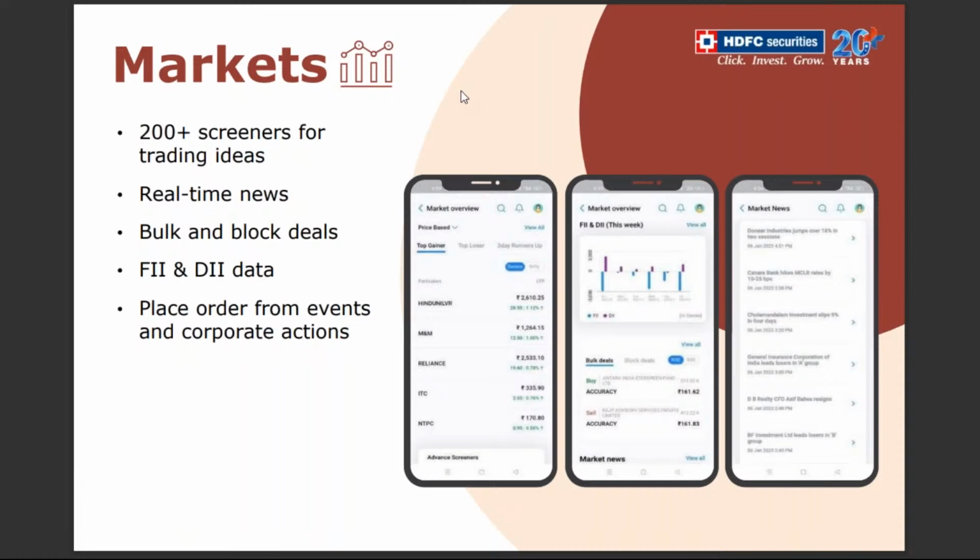So for example, you're buying a butterfly stock. You can see which companies purchased this particular stock in a bulk deal or block deal, which companies are buying it. And you can see the FII data also. Today, what is the volume the FIIs purchased? What is the volume the FIIs sold? And the DIIs, what is the volume they purchased today, and what is the volume sold today? So the FII and DII purchase and sold